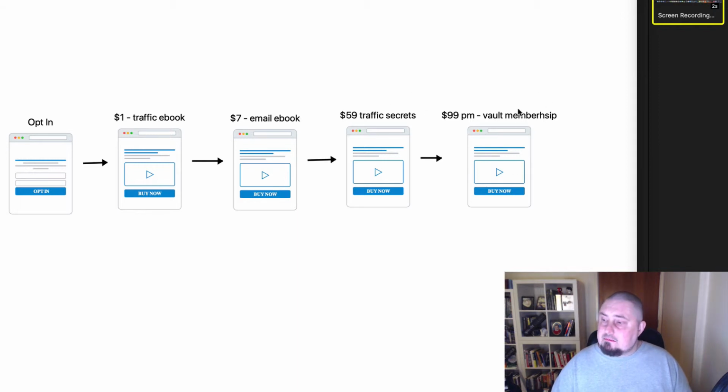And then the last part of this upsell chain is the Vault membership, which I offer on Profit Copilot. That costs $99 a month for members, so they can get access to all that content, all that training inside the Vault membership on Profit Copilot for less than $100 a month. So that's one of my upsell chains. So there you can see I've got 4